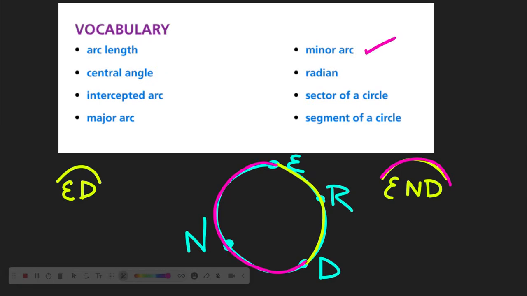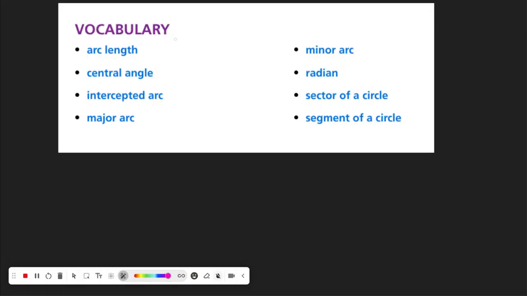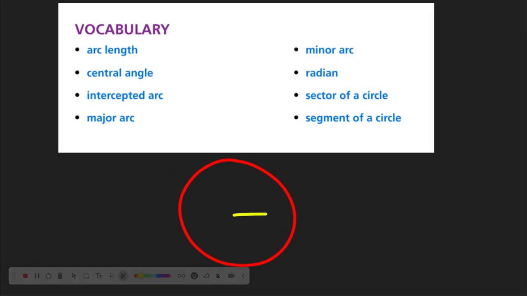So we've hit minor arc, major arc, intercepted arc, central angle, arc length. So, okay, we got 3 more big pieces of vocabulary. A radian. It's going to take you guys months to kind of understand a radian. Let me give you 2 places to start. A radian is the measure of an angle along a circle that is the same length as a radius. So if this was 6, this would be 6. Okay, now what does that mean? Well, that means that